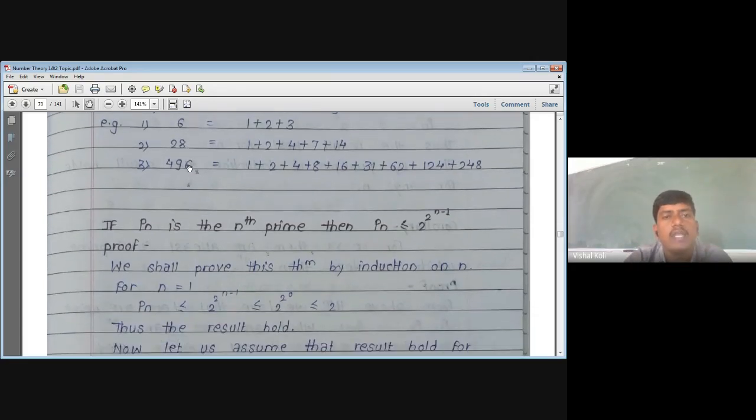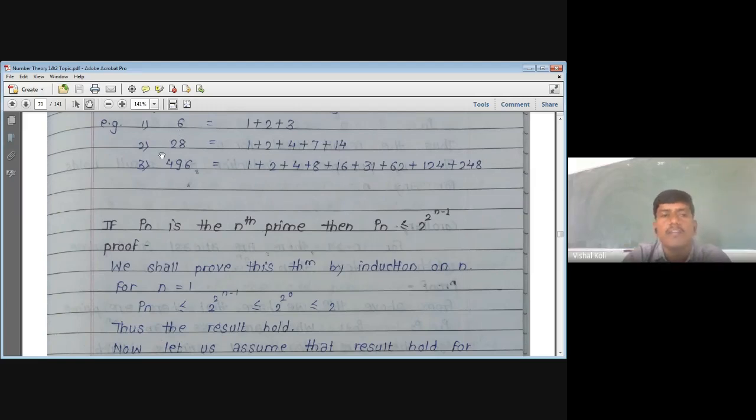Similarly for 28, its positive divisors are 1, 2, 4, 7, 14 and 28, and from the definition of perfect number we have to exclude the element 28 itself. Then 1 plus 2 plus 4 plus 7 plus 14 is equal to 14 plus 7 is 21, 21 plus 4 is 25, 25 plus 2 is 27, and 27 plus 1 will be equal to 28. Therefore LHS will be equal to RHS, and again by the definition of perfect number,